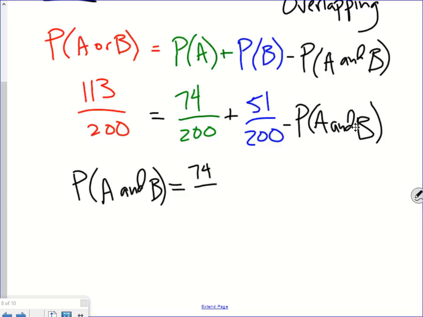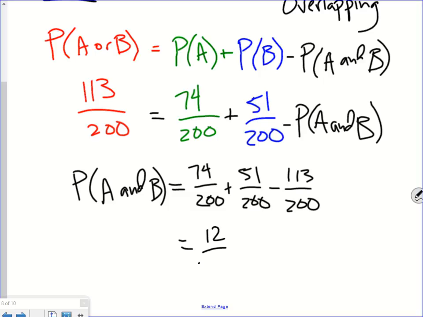So 74 over 200 plus 51 over 200 minus 113 over 200. Okay, now all I have to do is just combine all of these fractions. So I add them up and I subtract the 113 and I get 12 out of 200,